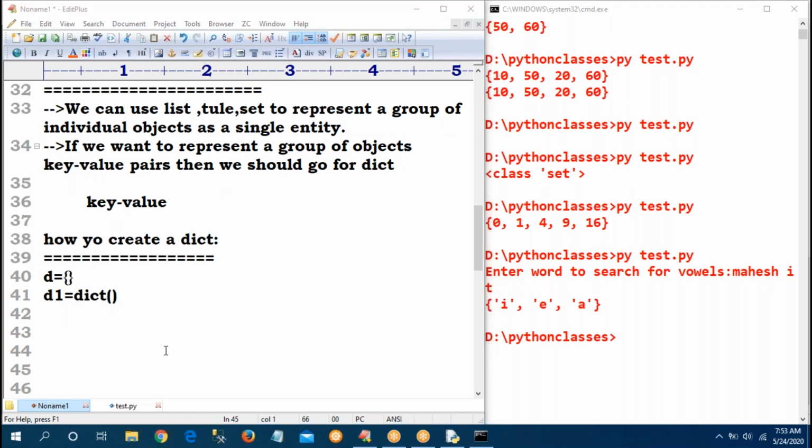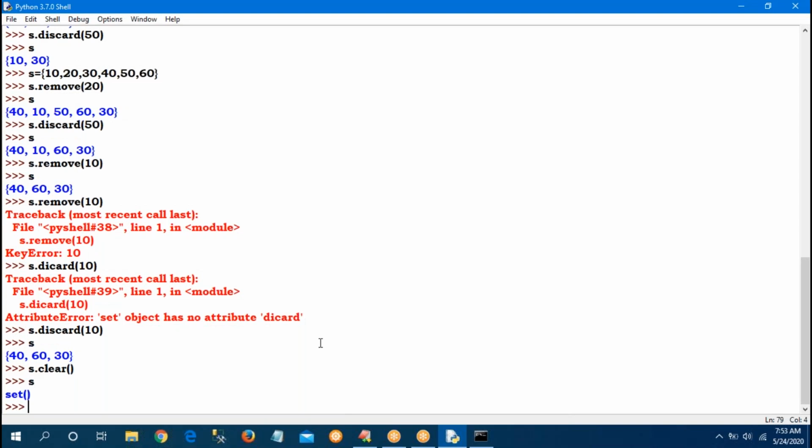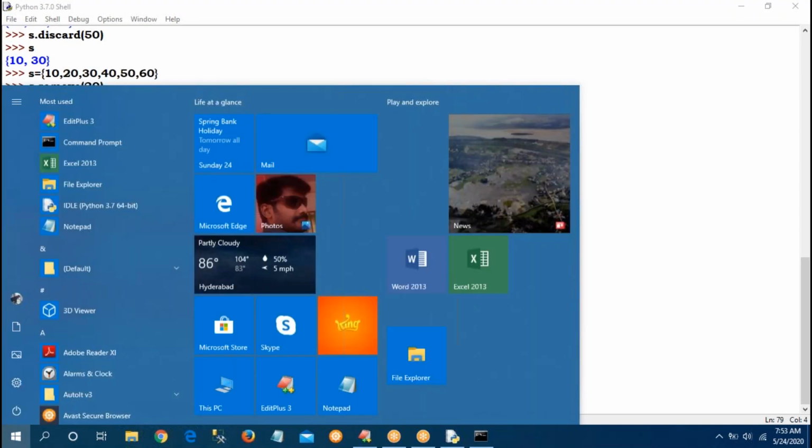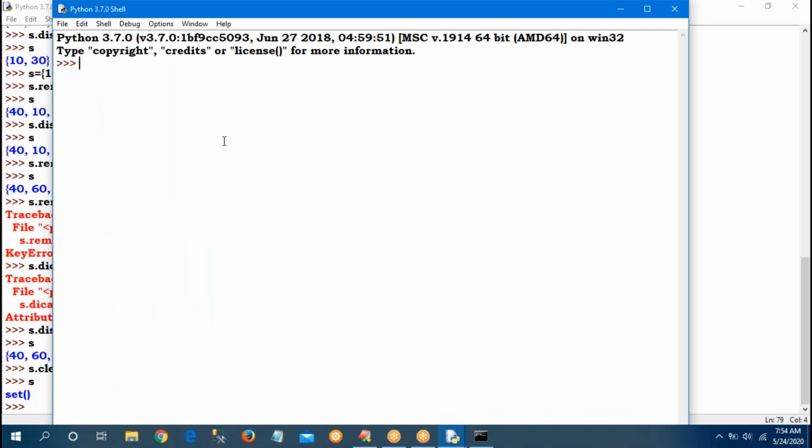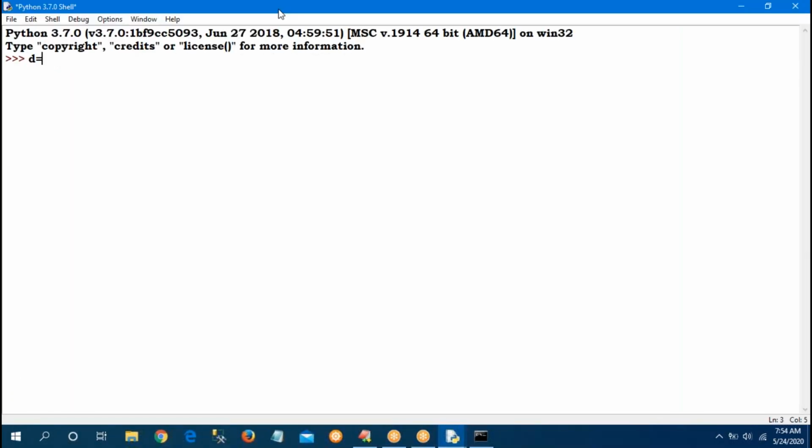Observe. Take a new IDLE. Sir, D equals to empty braces, type of D is dict. How to add a value? D of 100 equals Sunny, where 100 is the key and Sunny is the value. D of 200, key 200, I provide Bunny.